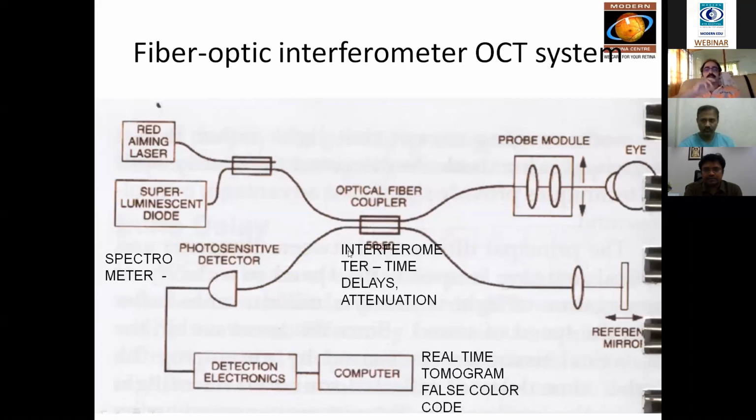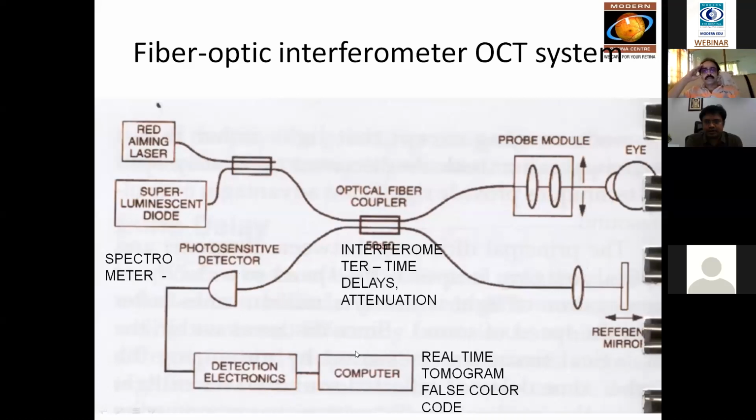There is a principle called interferometry by which an interferometer works, and this analyzes the light coming from the eye with that of the light coming from the reference mirror. So basically the interferometer collects the signals coming from the eye, and they are compared. The time delay and the attenuation of the signals are compared here, and then it is sent through a spectrometer into the computer. When the signals are sent from here to the computer, it creates a real-time tomographic image, and